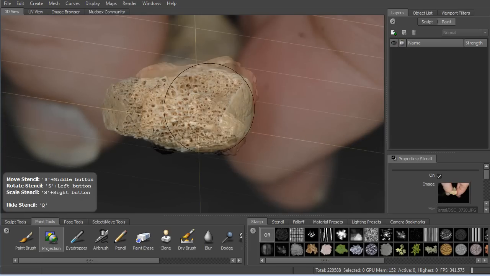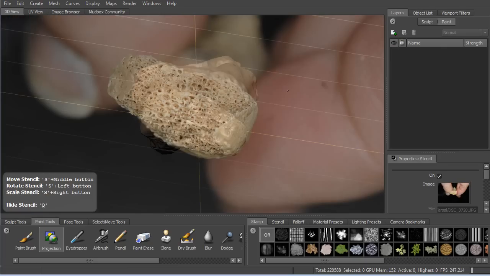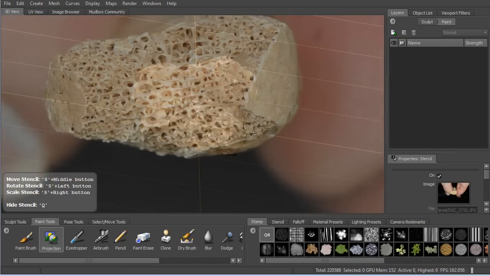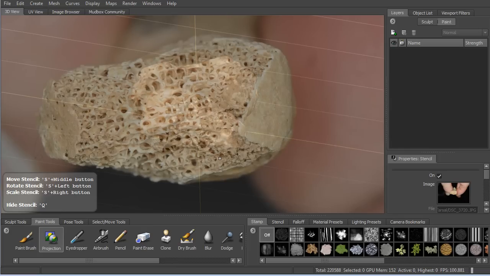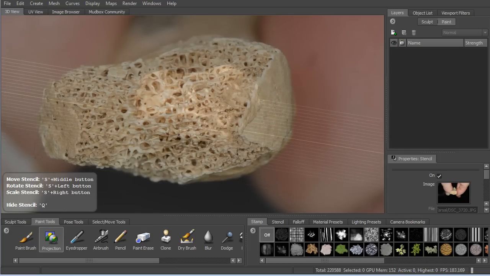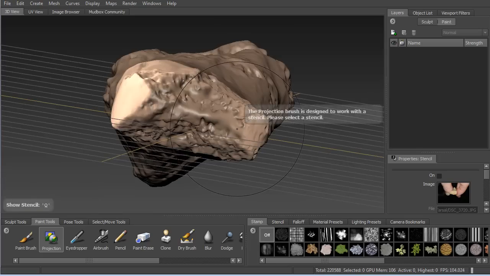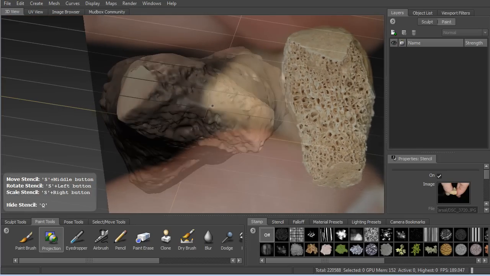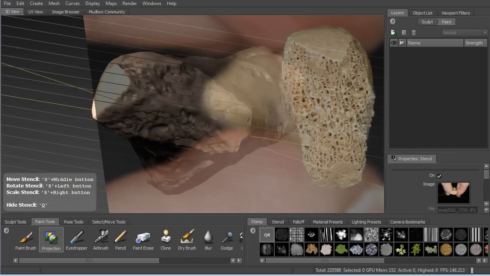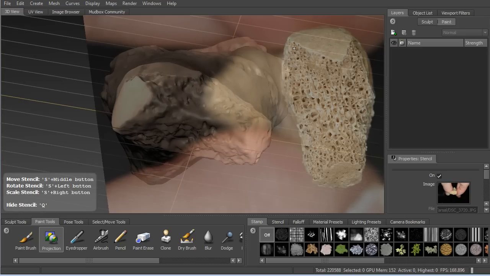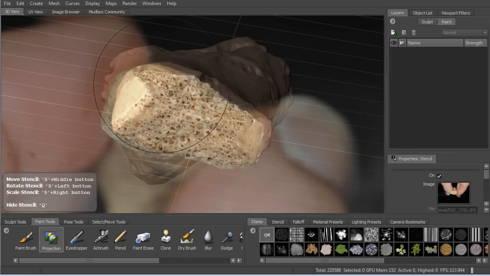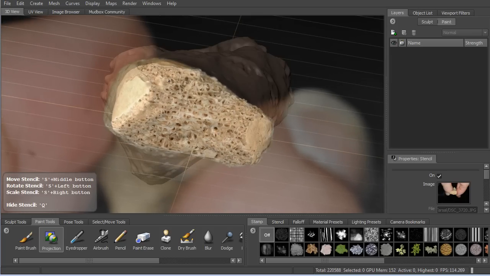Also if you hold down S and left click and drag, that's to rotate, right click is to scale, and middle mouse click is to move, and that's all whilst having S held down. So what I'll first do here is I'll move this to the side and I'll just match up where it is. So I can tell that this area here is this top area here, so I'll just visually by eye